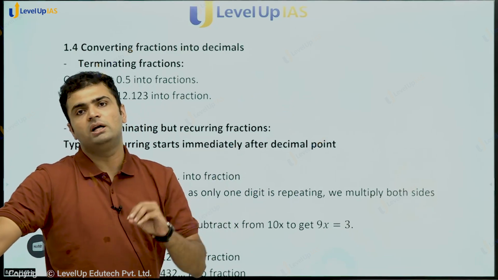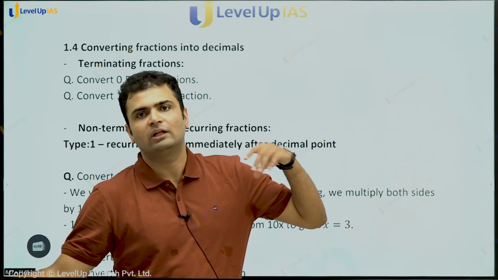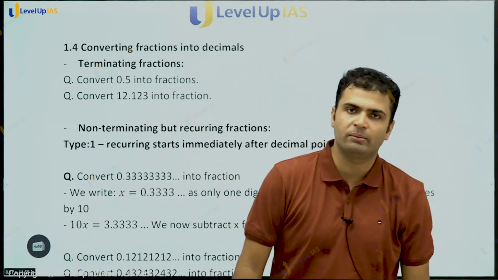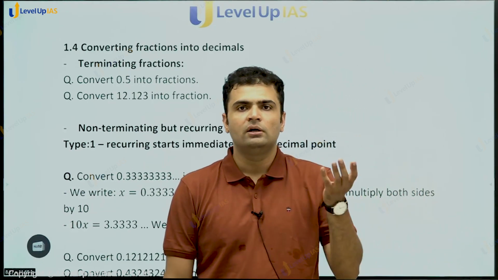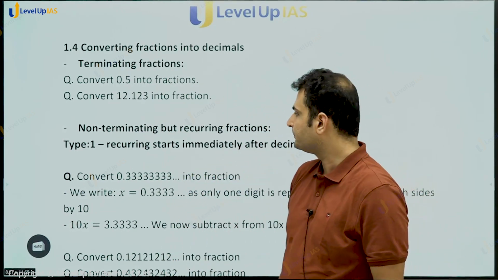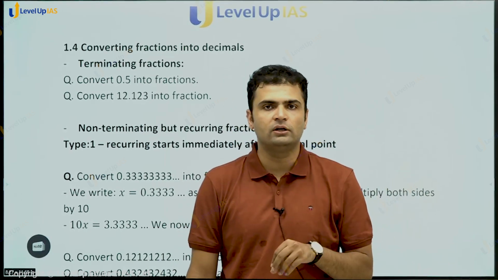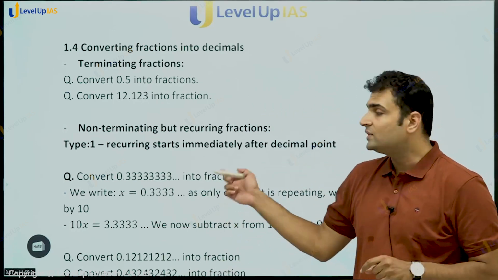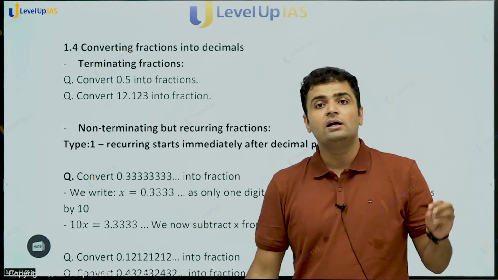You just multiply and divide by the appropriate power of 10, either 10, 100, or 1000, so that the decimal point goes away, and you also divide by that quantity, and if the question demands it, then reduce it by dividing by the common quantity. Like we divided 5/10 by 5, both numerator and denominator, and got 1/2. Yes, this is the challenge where the question comes from, where non-terminating but recurring